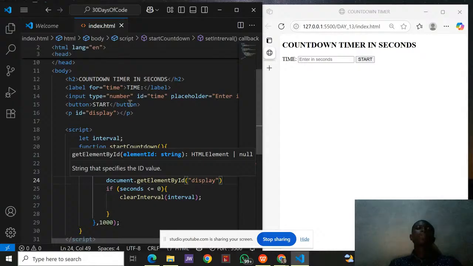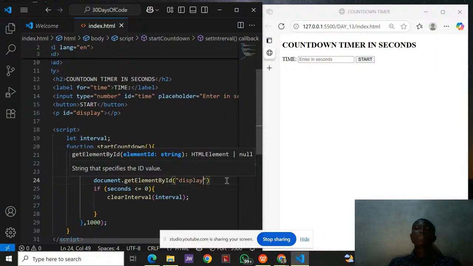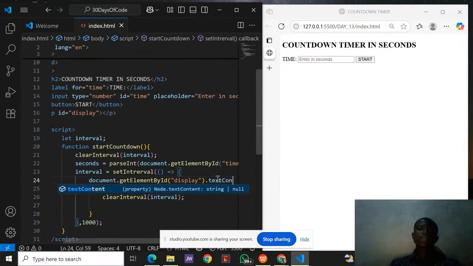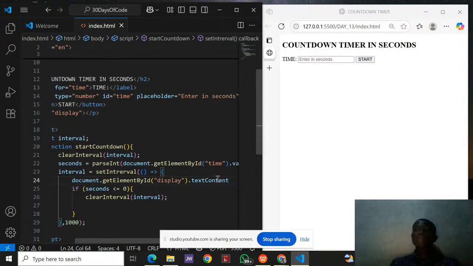That's what should show the amount of time remaining. So document.getElementById display .textContent, I want that to be equal to